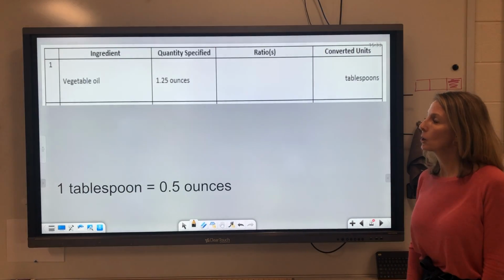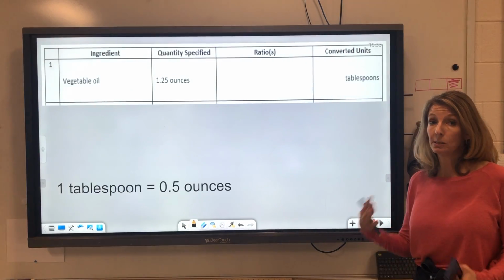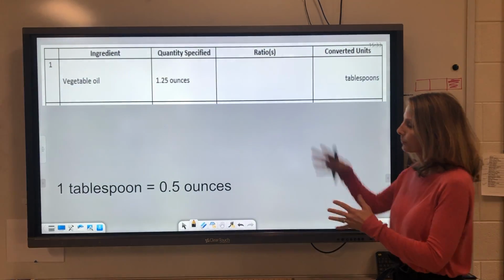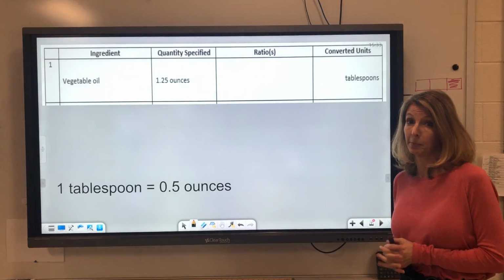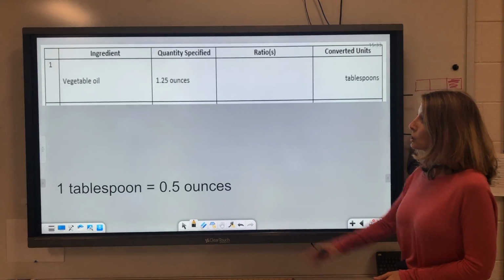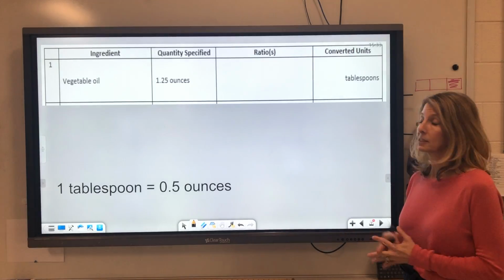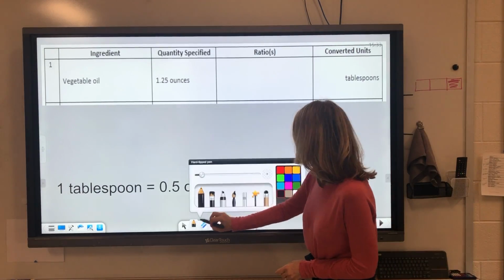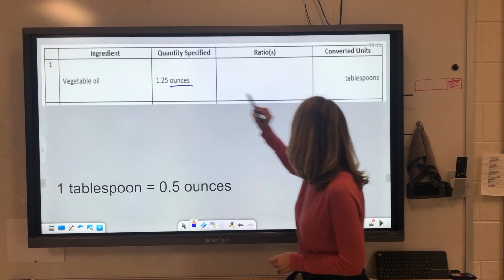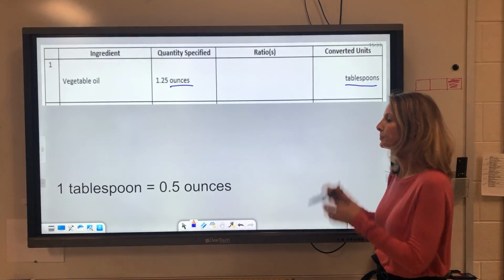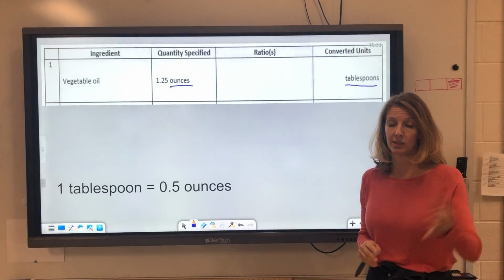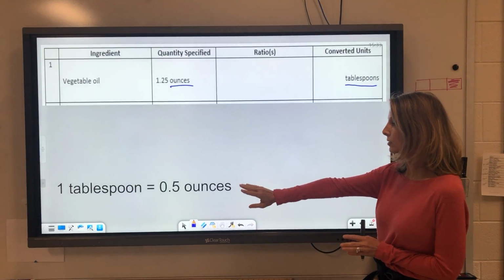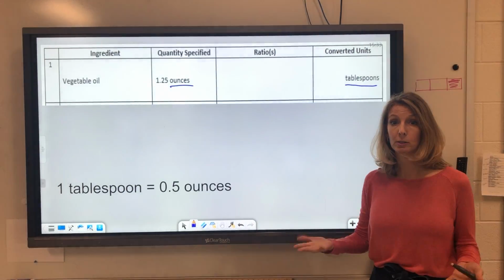So I wanted to make a video to go over some of the conversions, especially the multi-step, in case some of you had questions. I'm going to start off with just a one-step conversion. So this is from the mixed up recipe worksheet, and we are going from ounces to tablespoons. And we were given the conversion. This would be on the back of the worksheet where you were given the conversions. And so we can see a conversion between tablespoons and ounces, so we know this will just be a one